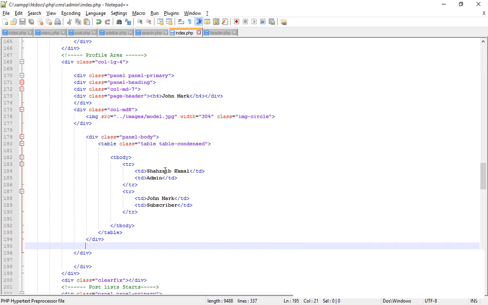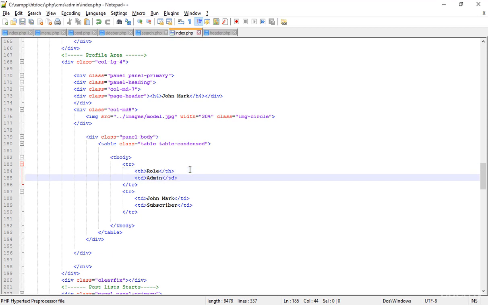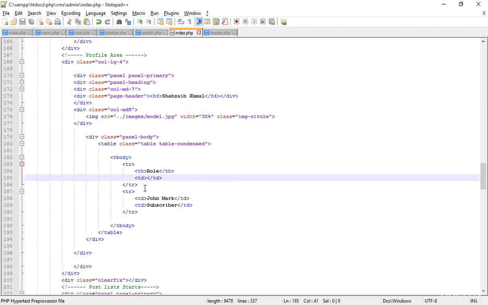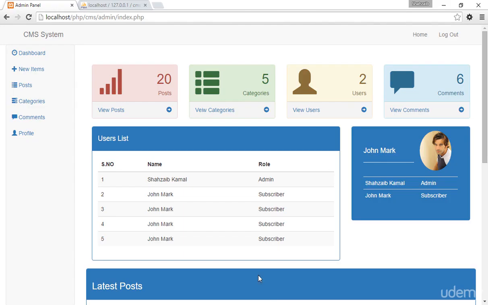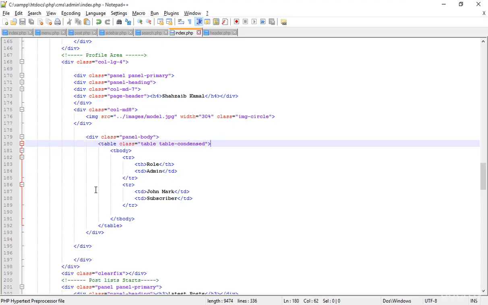So perfectly looking. And now this should be the th, by the way, th, and here role. Okay, the role should be admin, by the way, or unfortunately I have to type Shazaib Kamal. By the way, that is not my picture. Kamal. Now the role is admin. Save that, go to the browser and refresh that. Now this is Shazaib Kamal and the role is admin,